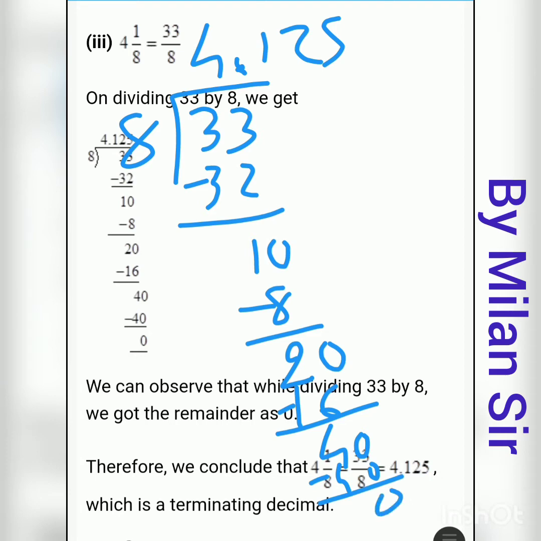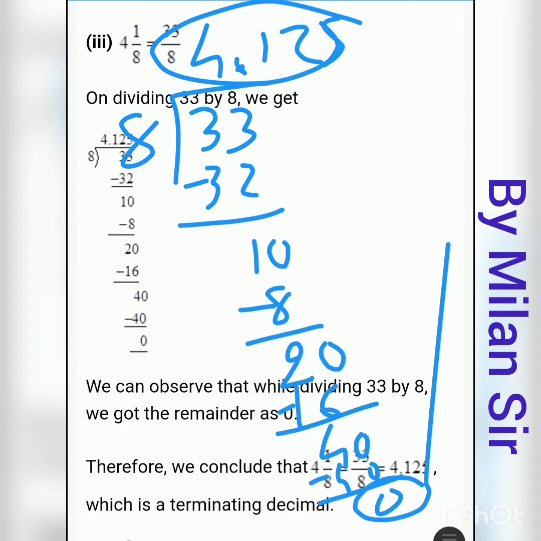That means if one time we put the decimal point, then every time we get one extra 0. But if division is still not possible and we require one more 0, then we need to put a 0 in our answer. Otherwise, once we put the decimal point, every time we get one extra 0. So here at last our remainder is 0. So the final answer is 4.125.